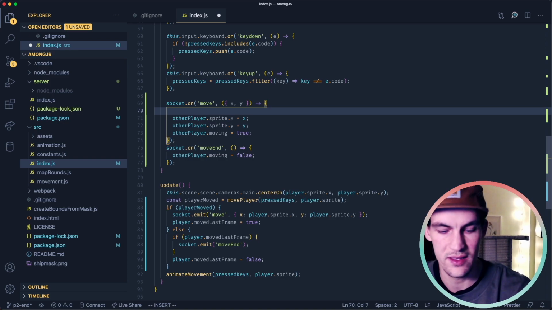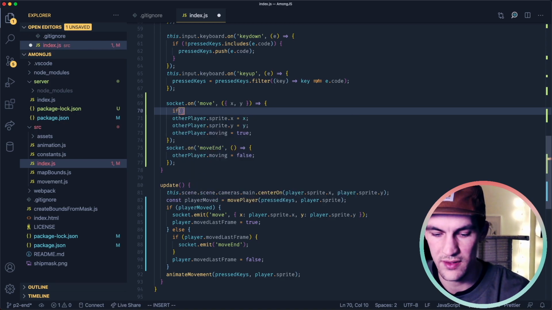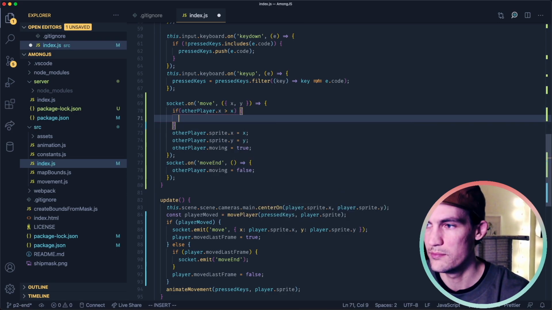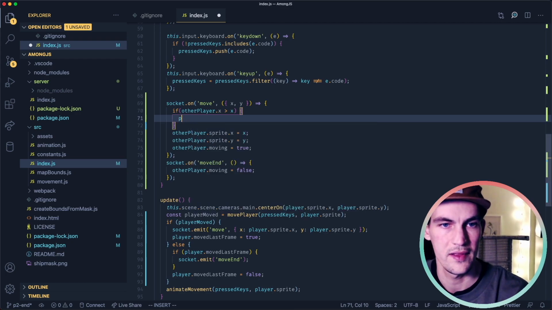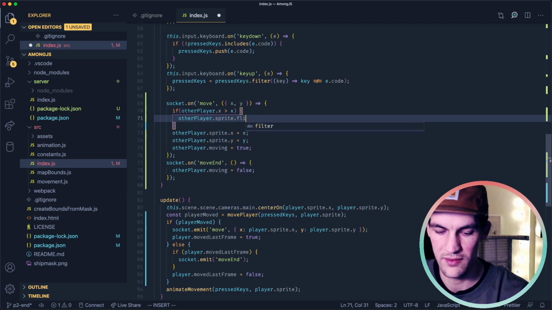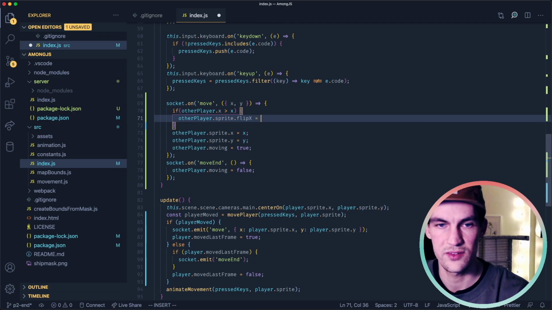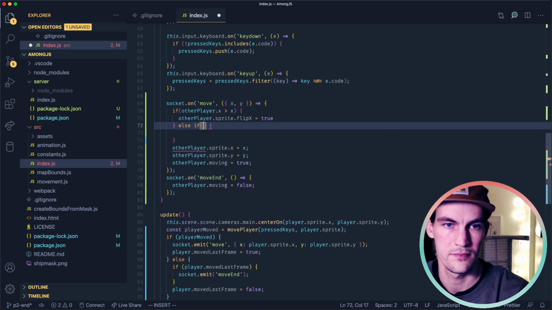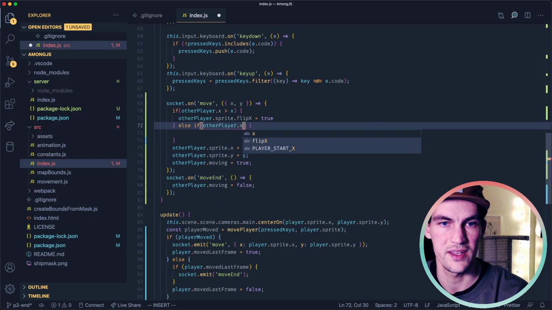So if otherPlayer.x is larger than x, then otherPlayer.sprite.flipX should be true, else otherPlayer.x.